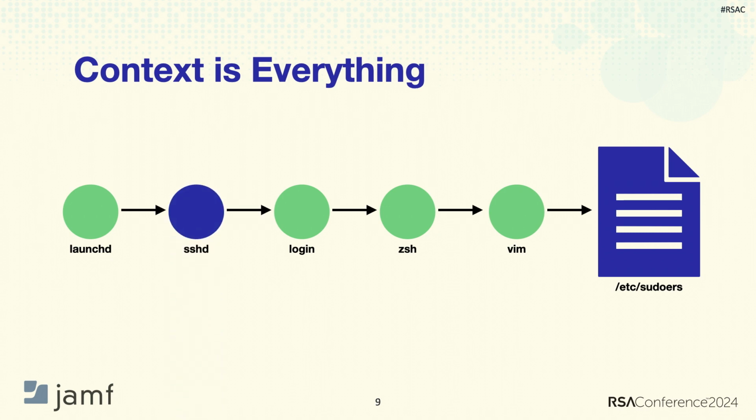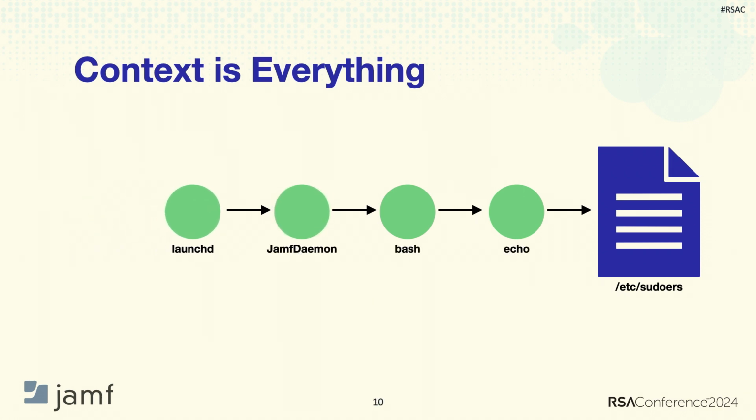But things change a little bit if we discover that the sudoers file was modified by Vim under SSH, right? Some power users might log into a system via SSH. It's not something that most users are going to be doing outside of maybe developers and power users and admins. And with this type of tree, if I'm on, say, an accountant's computer looking at this tree, I might be a little more, what's going on here?